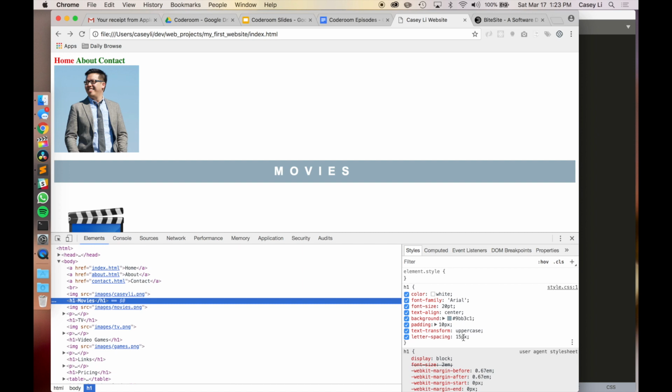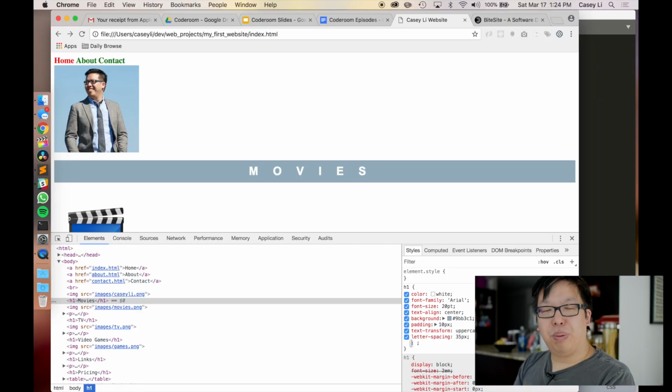So what I can do is actually, in Chrome, I can click on that, and I can actually change this value. So I can say, oh, what will it look like if I do 20 pixels? Oh, that's nice. Or maybe 70 pixels. Okay, that's a bit too wide. How about 40 pixels? Still a bit too wide. How about 35 pixels? Okay, 35 pixels is looking pretty good. Now, one thing you need to remember is that this is only editing a copy of